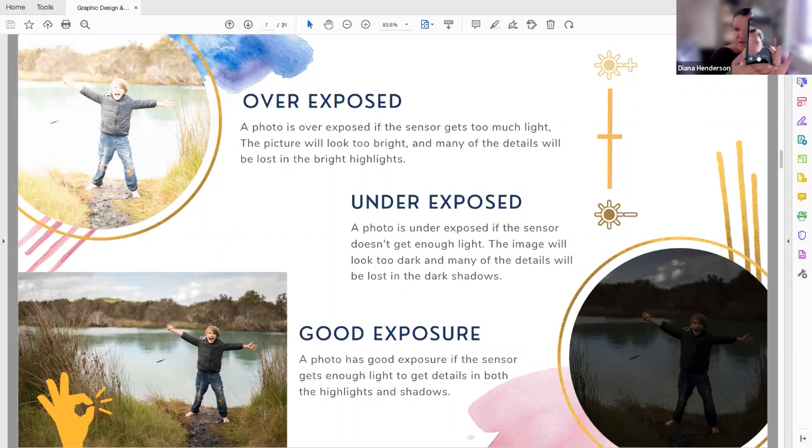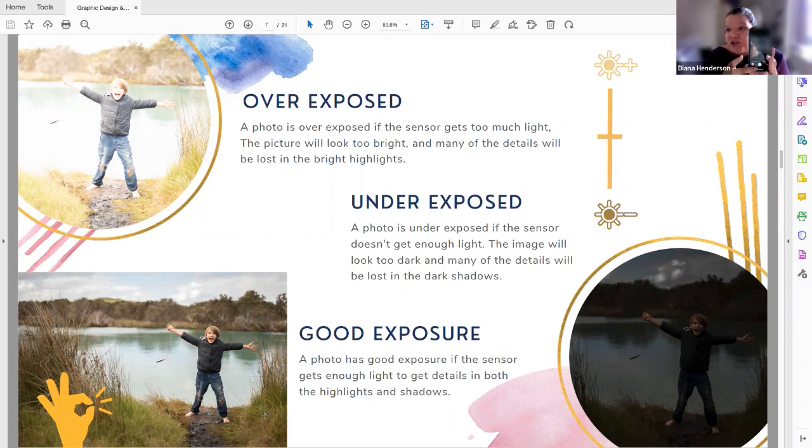But if you have an iPhone, when you tap the picture, a little square will appear with a sun, and you can pull that sun. If you pull it up, it'll make the picture brighter. And if you pull it down,